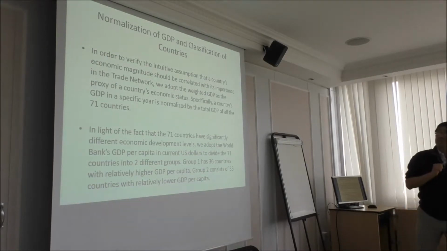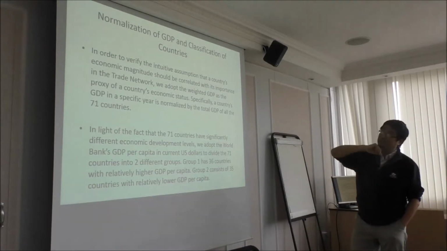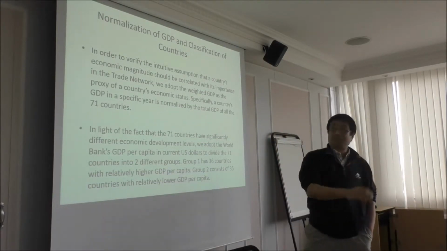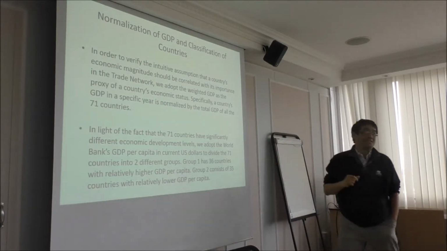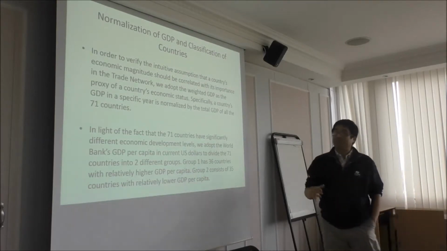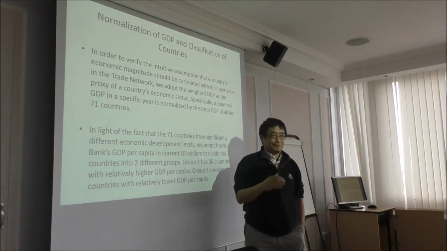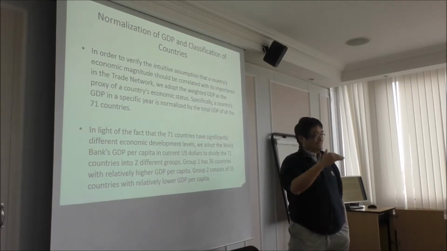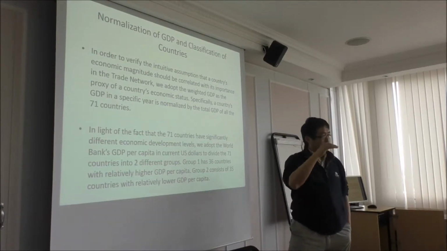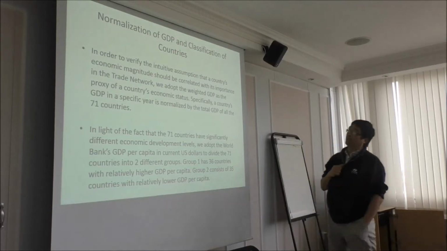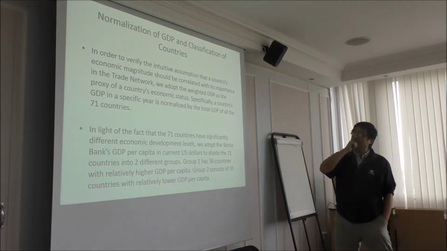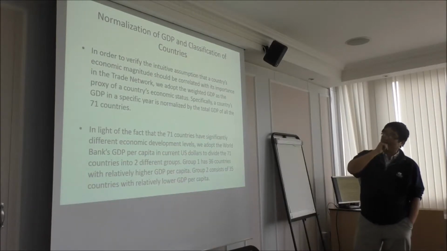Before we start, we carried out the normalization of GDP as well. So beyond the trade figures, we also normalize GDP. When we talk about the growth of a country, its growth has to be higher than the international average. Otherwise, it's declining. Even if it is growing, it's recorded as declining. Okay. And the classification of the countries, well, because we only have 71.